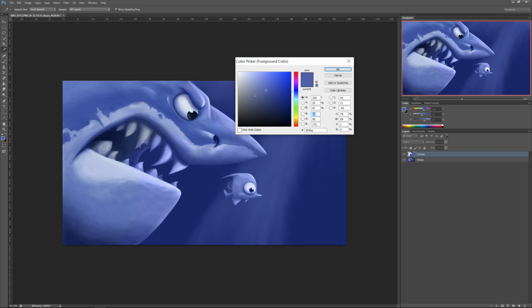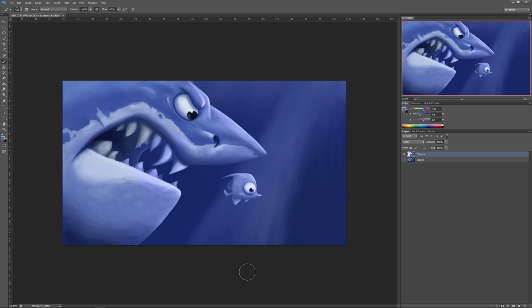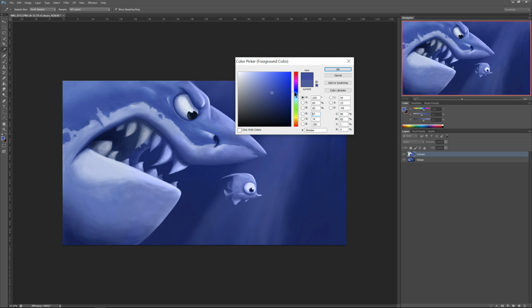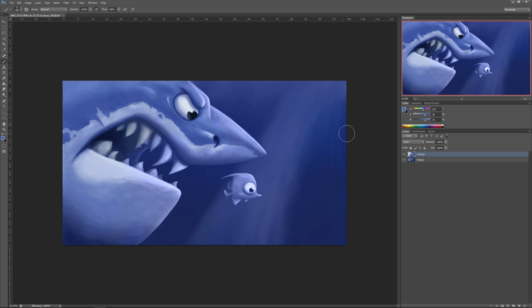So here we are, we've got our colour. I'm playing around with the saturation a little bit, so that the further away it's getting from the light source, which is in the top right hand corner, it's going to get less saturated. And we don't want our backgrounds too saturated because we want the things in the foreground to stand out a little more. I probably went a little bit too saturated in this, but it was just a demo for YouTube,